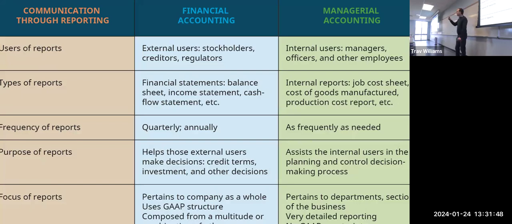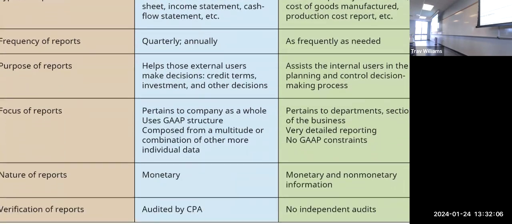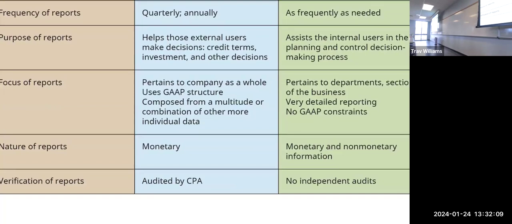I mentioned that we have to follow certain procedures to make sure that our accounting records are thorough, accurate, and not fraudulent, right? Those procedures are called GAAP, G-A-A-P. Does anybody know what GAAP stands for? Generally accepted accounting principles, okay? In managerial accounting, we don't have to worry about GAAP because, again, the reports are only going to be used internally.